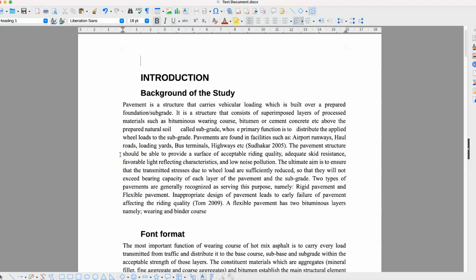So this concludes this class about how to add a table of contents within your document in